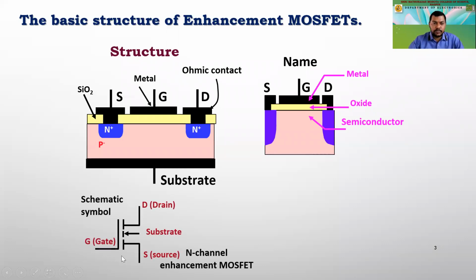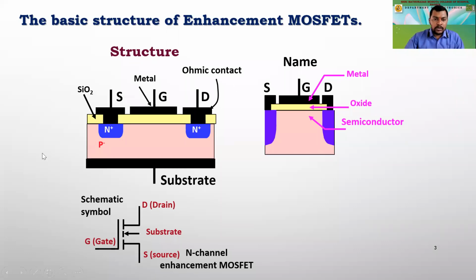So we have this type of symbol. This is the symbol of the MOSFET. Now, what is it? The N-channel MOSFET. Why? Because the channel that is built up over here, through which the current is expected to flow, is due to negative electrons, and therefore it is called the N-channel enhancement MOSFET. So the total name is N-channel enhancement metal oxide semiconductor field effect transistor. A big name, right?